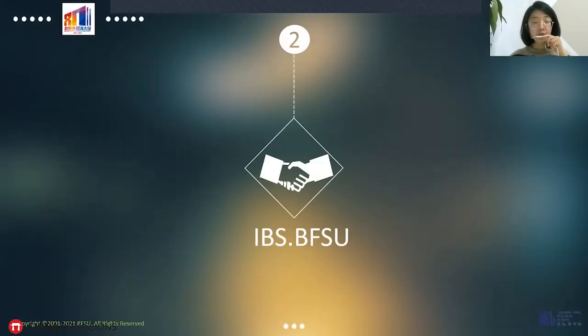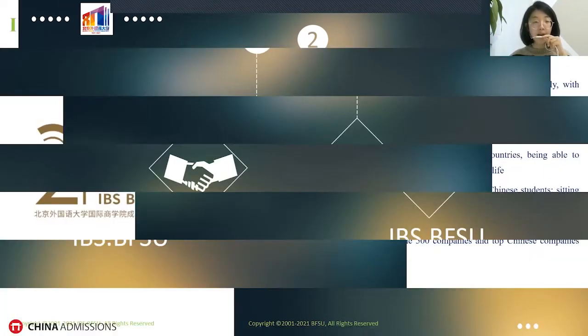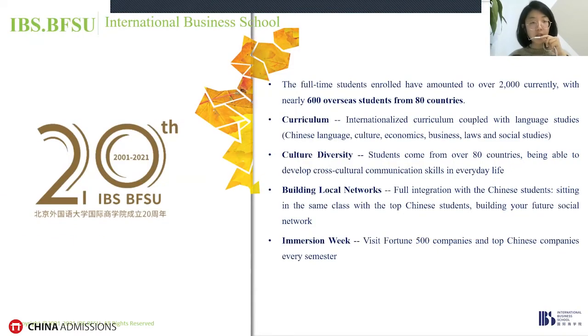So let's move to International Business School. Because of the development of the Chinese economy, more and more students want to study business in China. So I would like to recommend International Business School. We are the youngest but the biggest department in BFSU, with more than 2,000 full-time students and 600 international